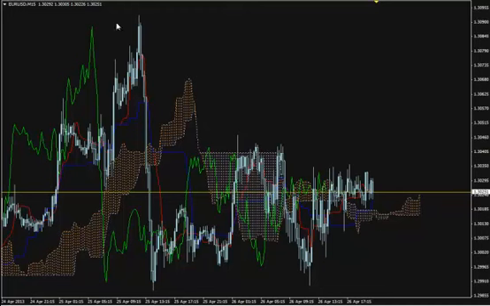So yes, the M15 gives us a signal that even if the price is in a consolidation phase, odds are it will go